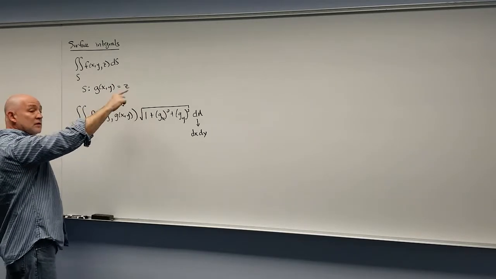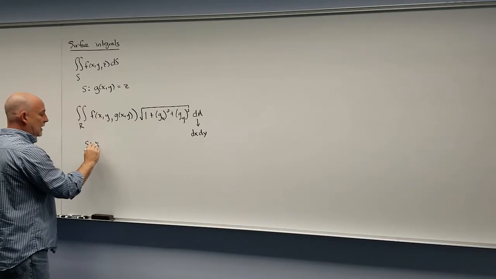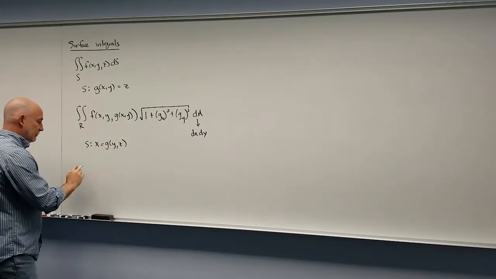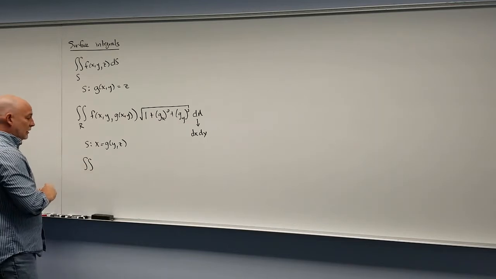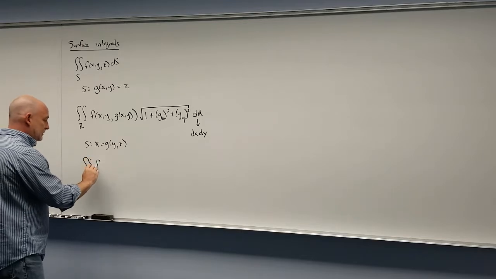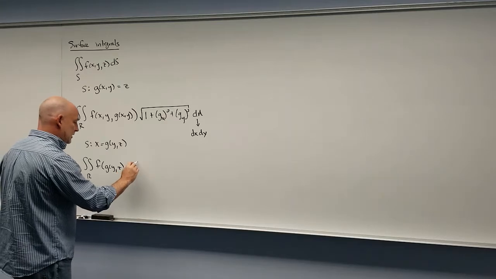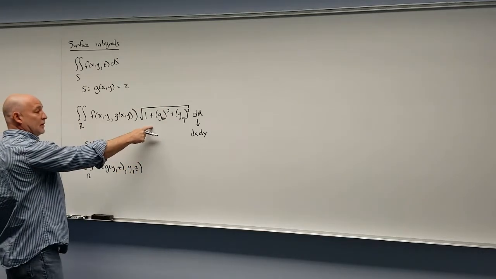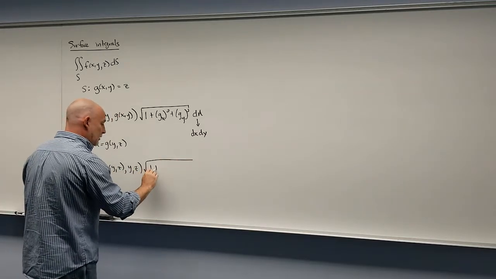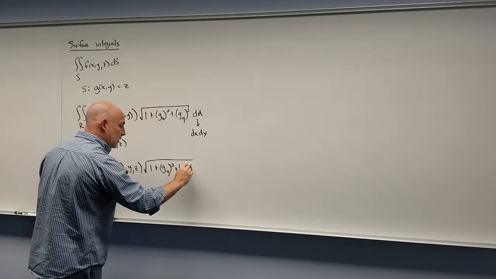Now this formula can change depending on how our surface is defined. Most of the time our surface is z as a function of x and y. But what if our surface was x is some function of y and z? How would that change everything? Well, it would still be the double integral over some region, we'll see what that is. But now we're going to replace x, so this is going to be some function of y and z. And our surface area piece has got to be based on this surface. So that's going to be the square root of 1 plus g sub y squared plus g sub z squared